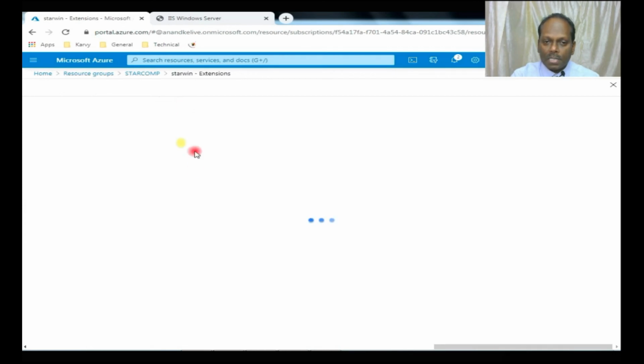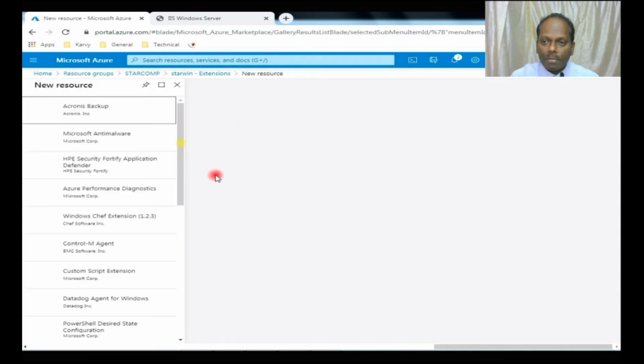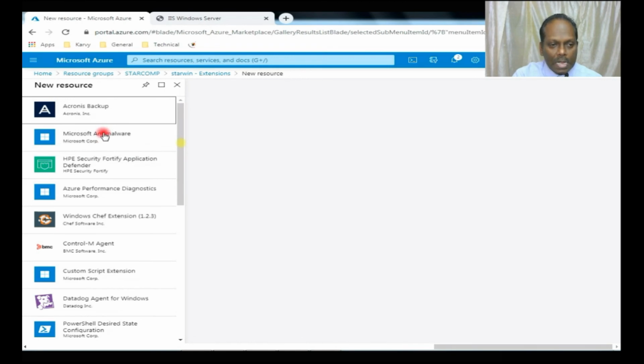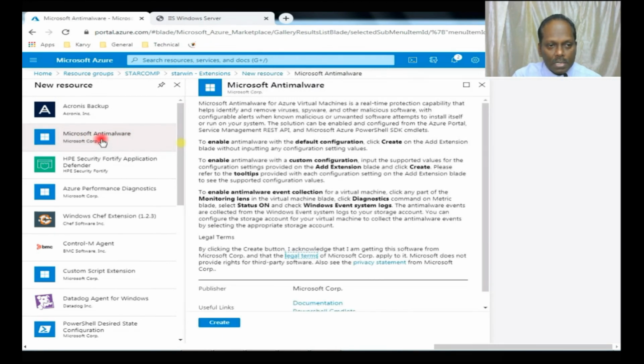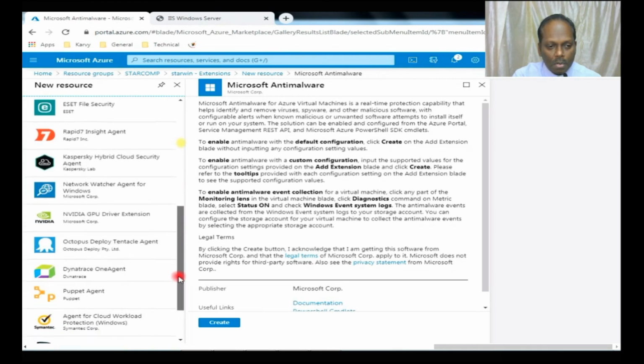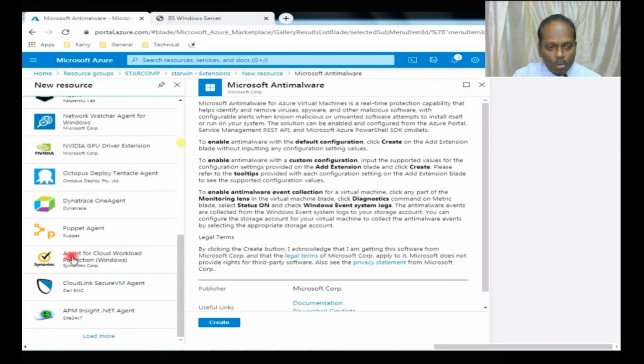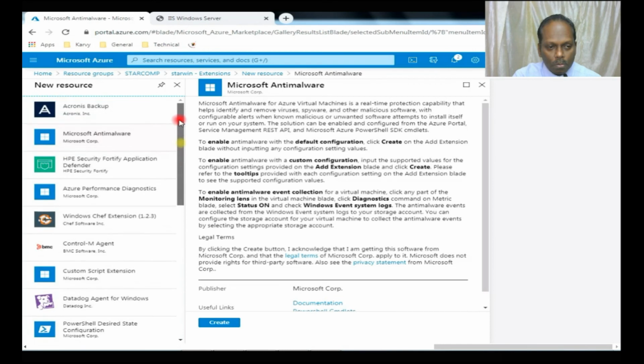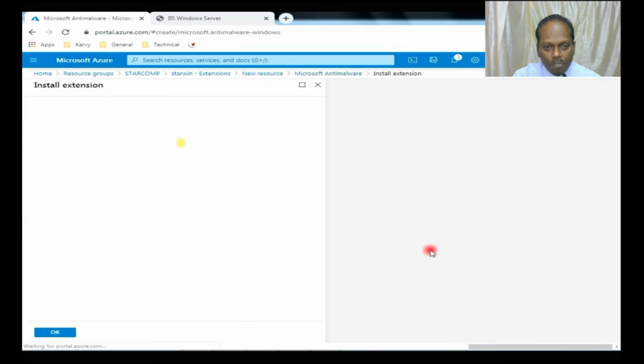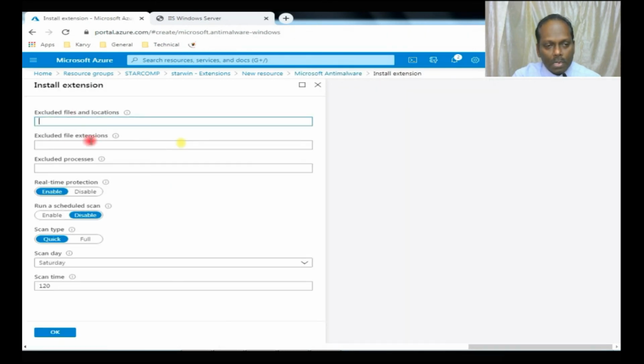I can add one of the extensions. There are many extensions which are available, default extension for Windows. I'll go down, maybe something related to, okay, install this on this instance which we have created just now.